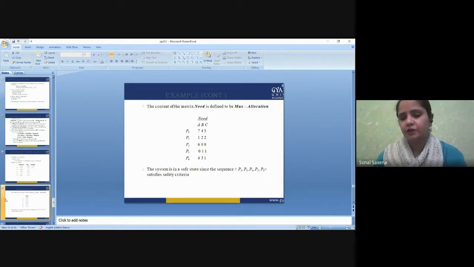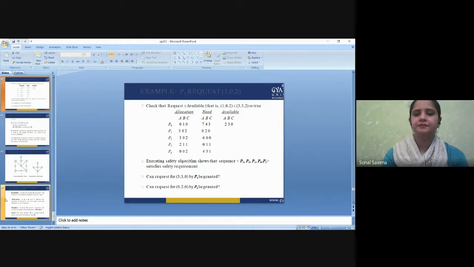So once again, the system will get back all its resources. Then it will again allocate the required number of resources to P4 process to get fully executed. Now again, when process number 4 gets fully executed, it will again release all the resources which it has already held in the previous scenario. So again, like this, it will happen. And when all these processes are successfully executed, we say that we have satisfied the criteria, and we can say that the system is currently in a safe state.